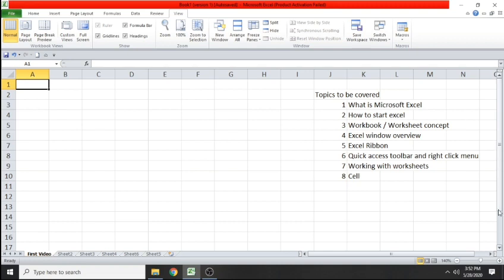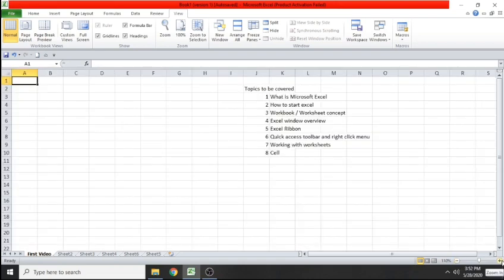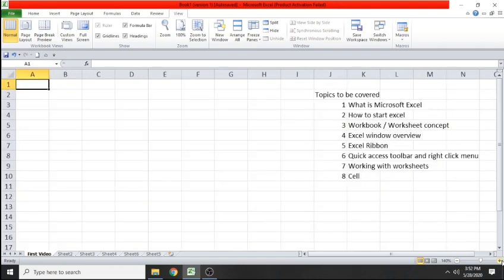Also you can see vertical scroll bar on the screen at this particular right hand side, and horizontal scroll bar is also available here. If you will see here, zoom in and zoom out options are there. You can zoom out or else you can zoom in by just pressing plus and minus sign. Here you can see at the bottom the status bar is there. The status bar is also very important, which we are going to see in the later next videos.